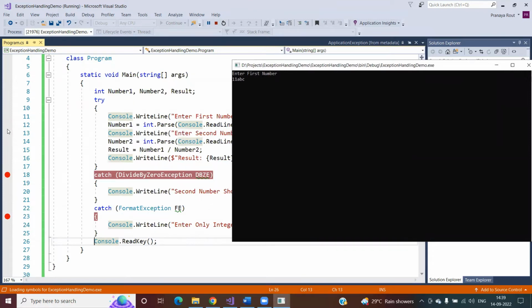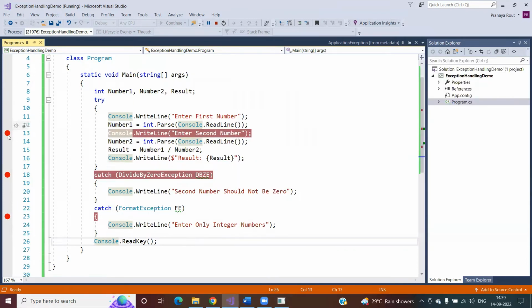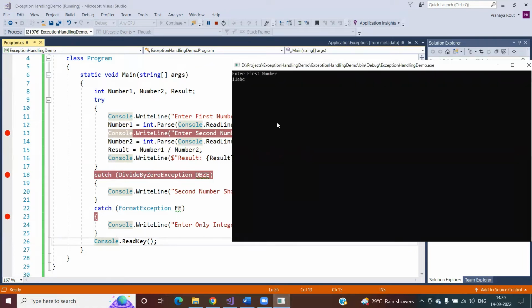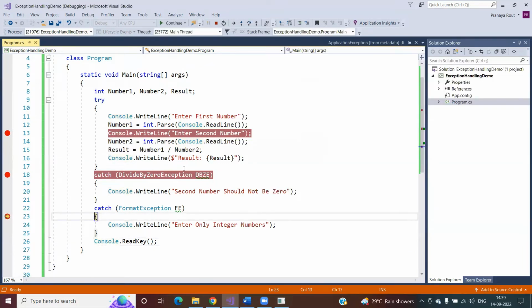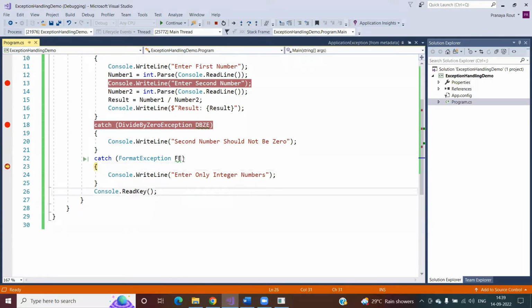okay, let me put a console statement in line number 13, but you will see that this statement is never going to be executed. Why? Because from line number 12 only it will throw the exception. Once it throws the exception, the controller will come to the second catch block, right? Let's see. Okay, I just press enter and you can see the controller directly comes to the second catch block,